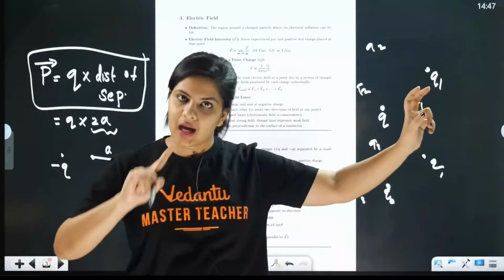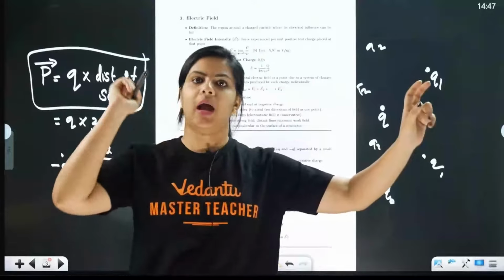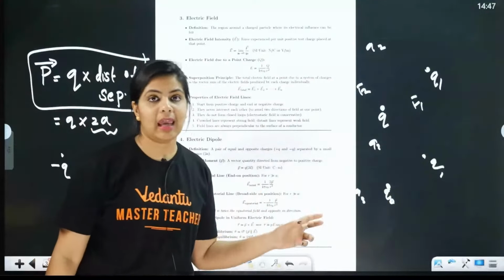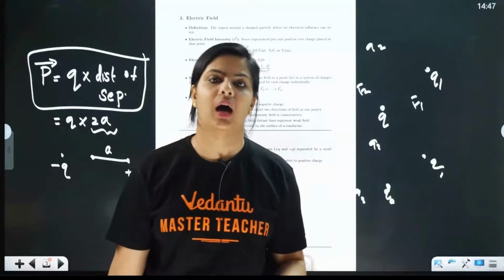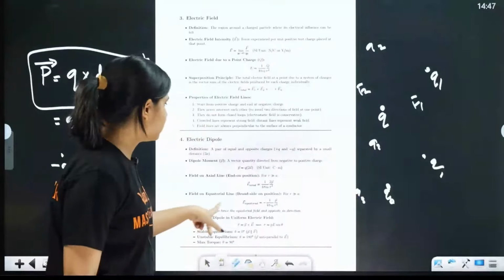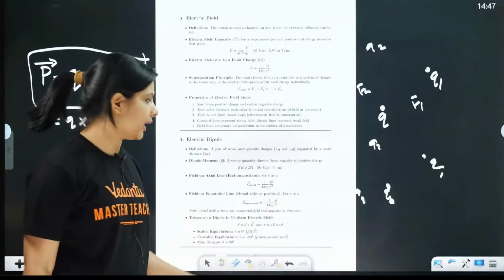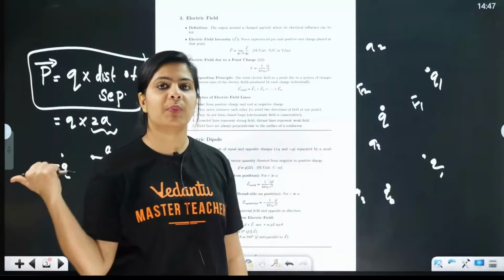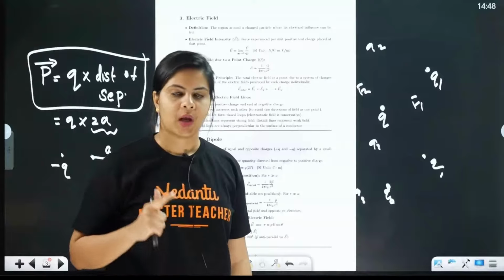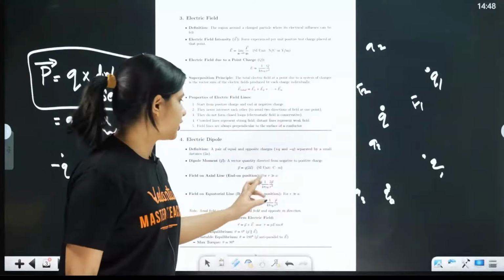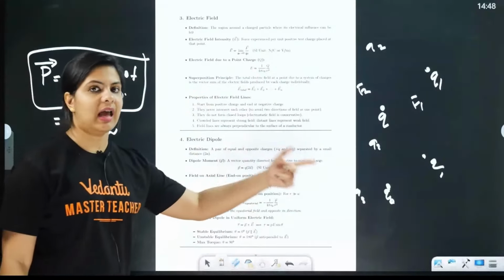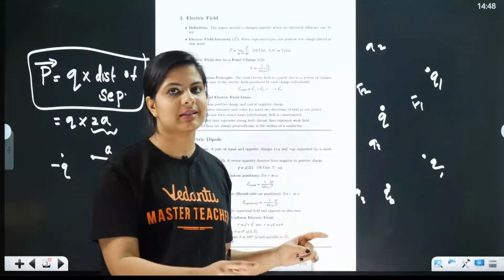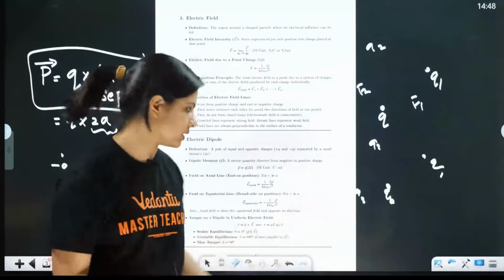field. And we need to add one more power to r. So now we will get 2k into 2p divided by r cube. Understood? Next, at the equatorial point it will come as kp by r cube. The direction of the electric field and the dipole moment will be opposite. Understood? At the equatorial point the direction is opposite, but on the axial line it is the same direction. The direction of the dipole and the electric field are the same on the axial line, but on the equatorial line they are opposite.